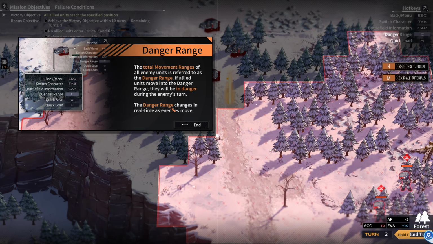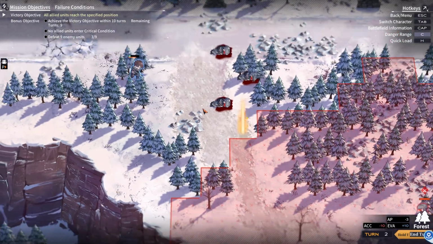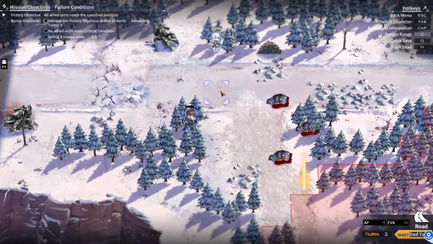Danger range. The total movement ranges of all enemy units is referred to as the danger range. If allied units move into the danger range, they will be in danger during the enemy's turn. That's why it's the danger range. The danger range changes in real time as enemies move. We need to be careful of the danger range. So, can I...